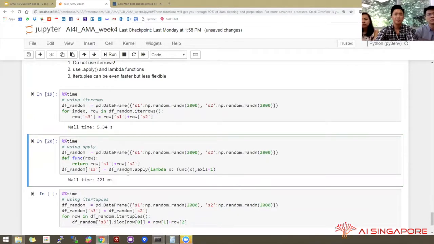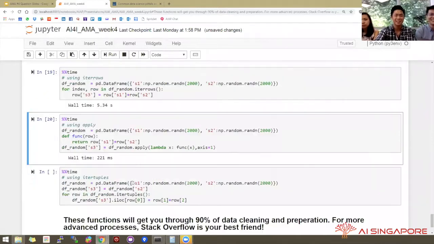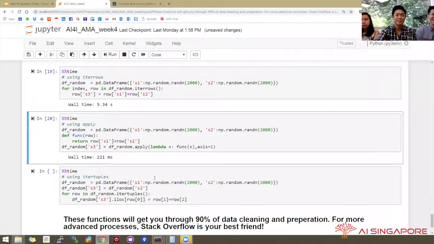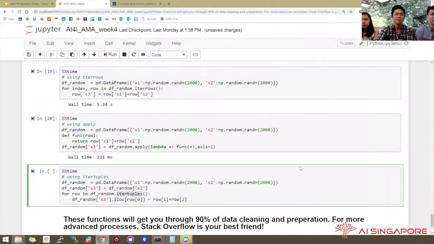If I use pandas.apply and I apply a lambda function, it makes use of the vectorization within pandas, and it makes the code a lot faster. Let's look how much faster. It's about 20 times faster. And then last but not least, you can also use iter tuples, which is similar to